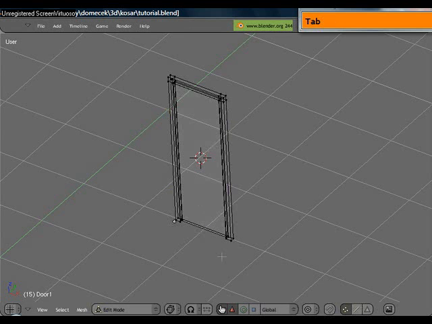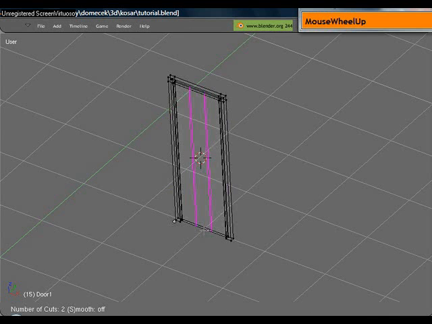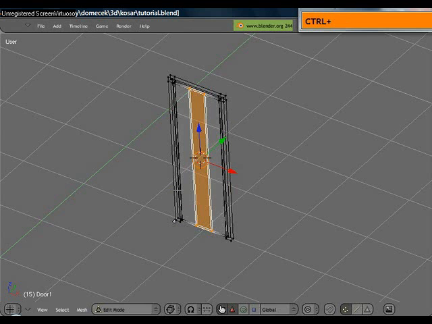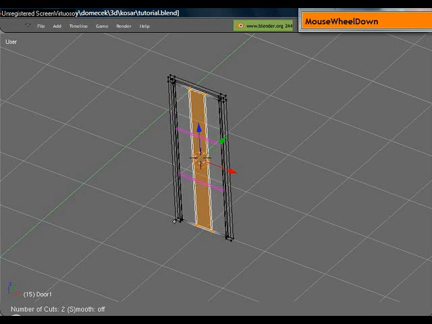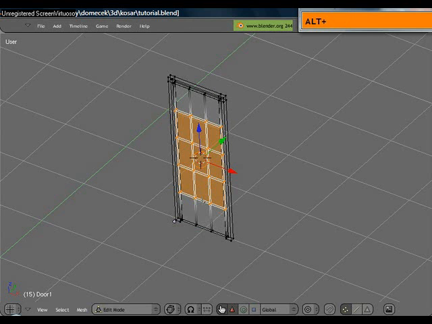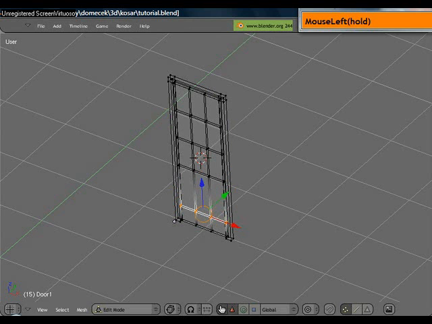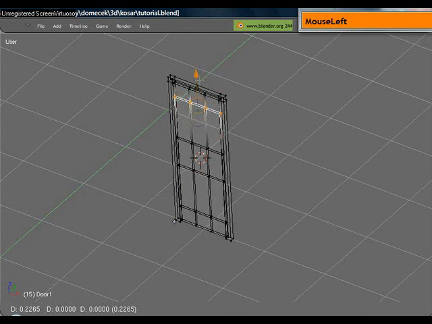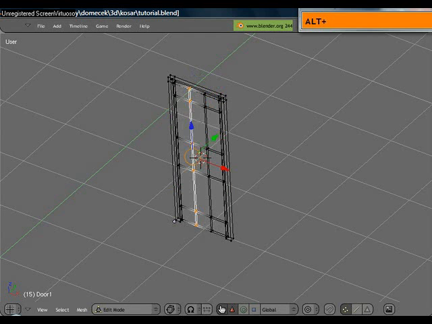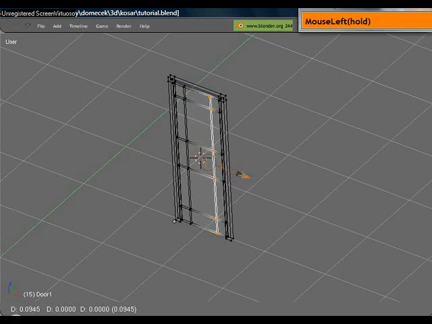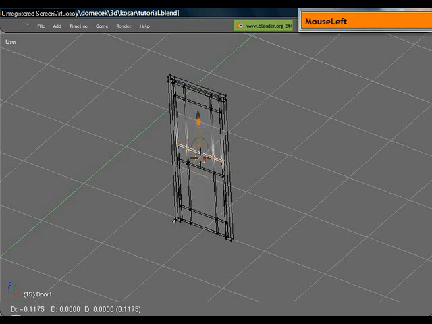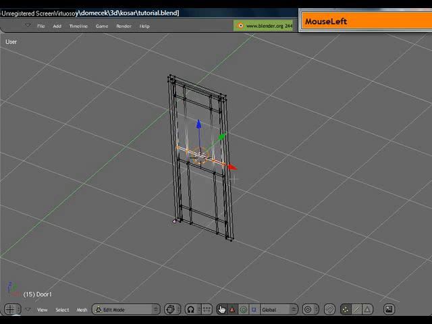Edit mode, and I will add 2 loops over here, and I will add 4 loops over here. I'll move them around a little. Okay,